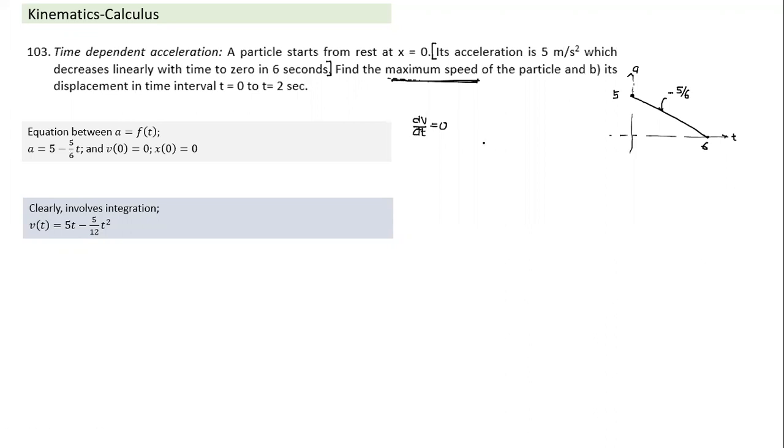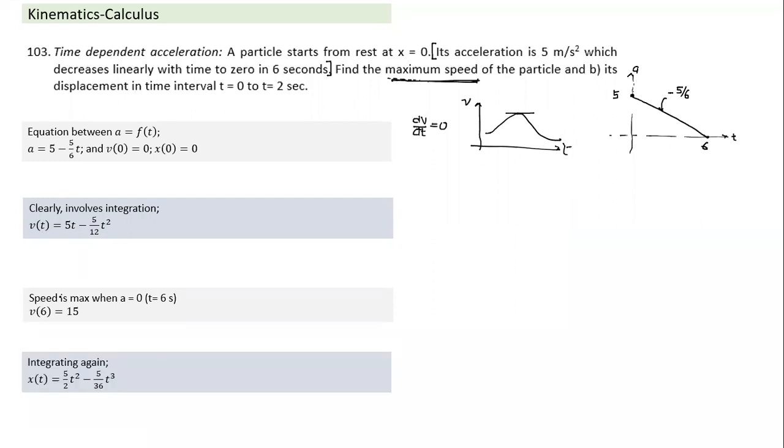And if you want to understand, if v-t is like this, if this is v and this is t, and it is varying like this, when does velocity become maximum? This is the point where velocity has become maximum. And what is important about this point? The slope is equal to 0. So we can find it becomes 0 when we equate a, the acceleration, to 0, which is t equal to 6 seconds. The speed is maximum when a is equal to 0, that is, at time t equal to 6 seconds. We can find v6, which is 15.